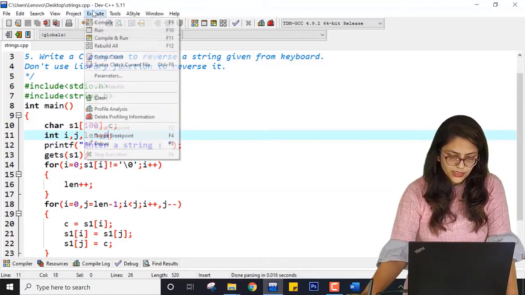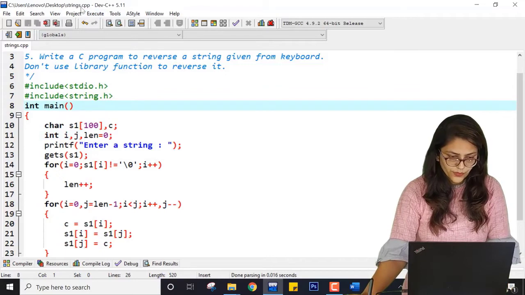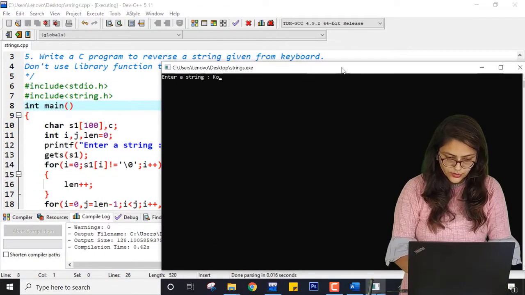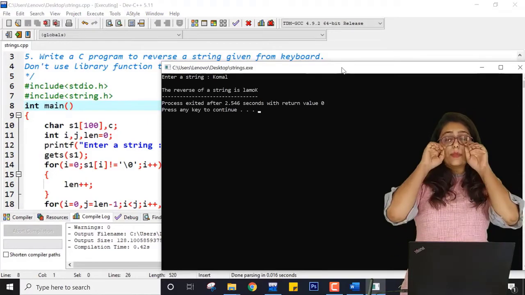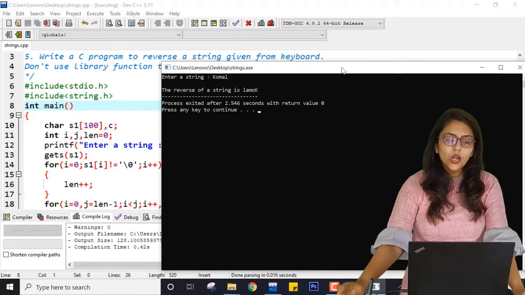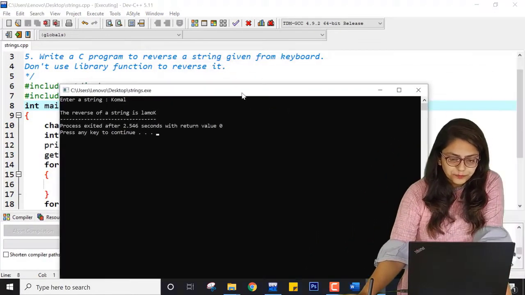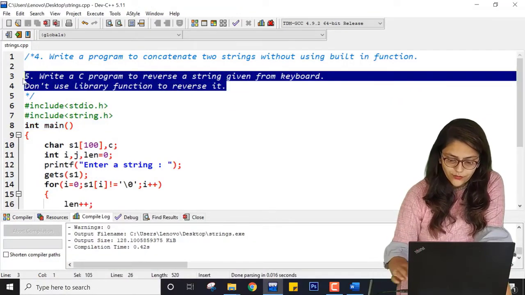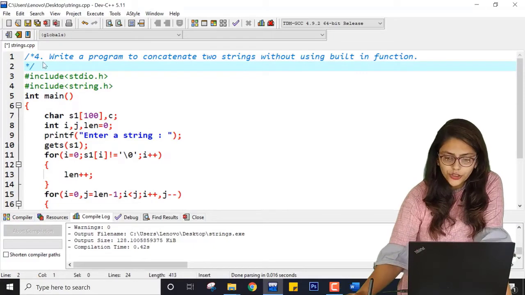If you are doing this, save the program, compile it and run it, and again enter the string. You can see it is giving me the correct output, right? So this is all about the 5th or 6th practical, to reverse a string without using an inbuilt function.